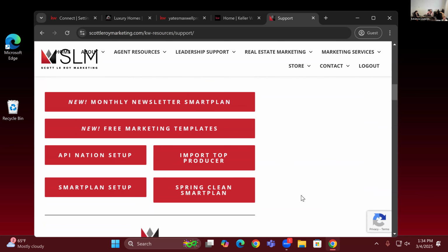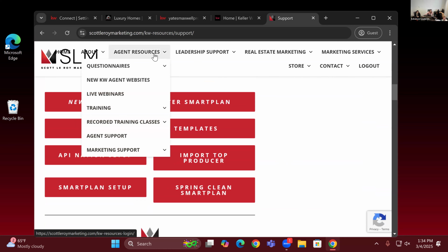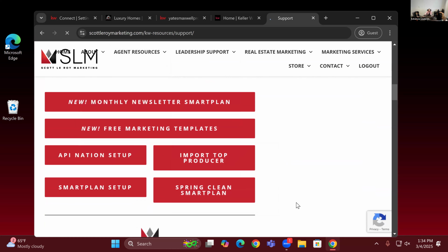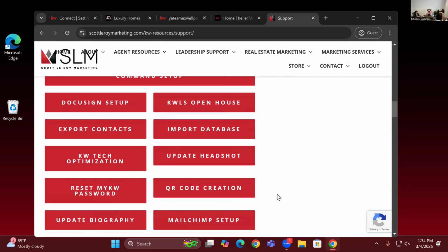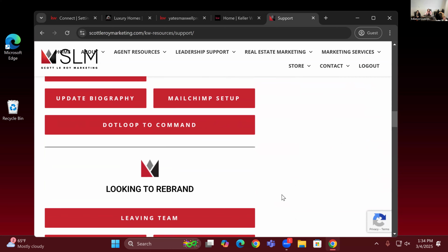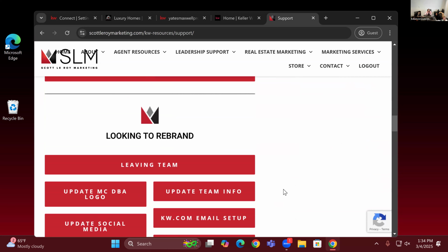Once you log in for the 350, go where? Then agent resources at the top and hover, and then go down to agent support. Okay, thank you. Yeah. So you'll find too, as I mentioned, as you're updating your information, they can update your headshot all throughout your command areas. They can create QR codes for you very easily. So take a look and just see the things that you don't have to ever do, because they can do it for free.